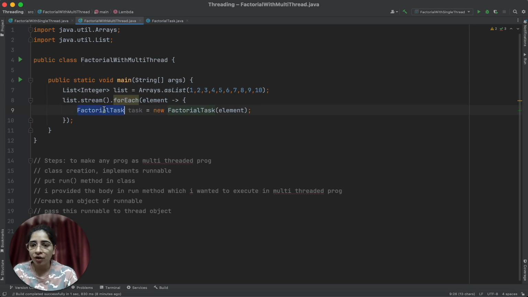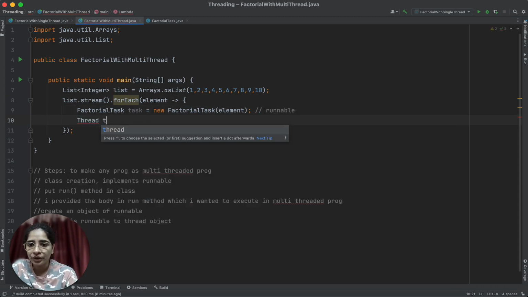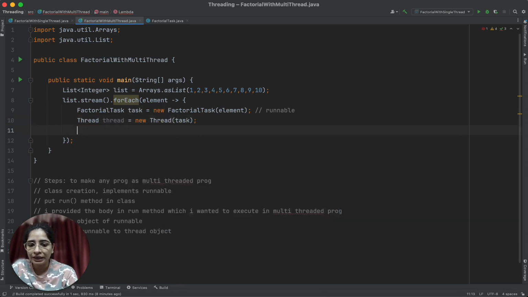I have created an object of runnable first so that I can pass it into the thread class. Because this was a list, I created a stream on that list, and on every element which is coming in my list, I created an object of factorial task. This is my runnable. And then I'll just do thread equals new thread, and I'll pass my task in this, and I'll just start this thread.